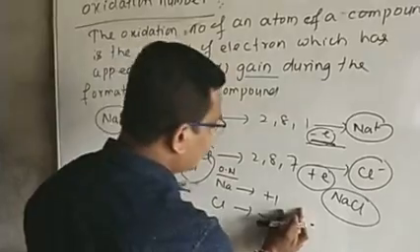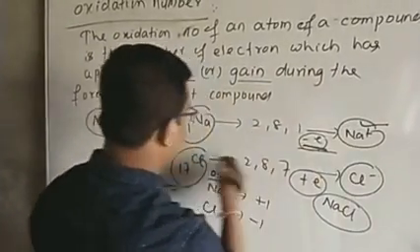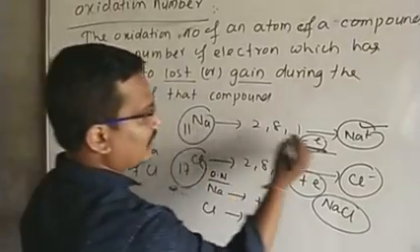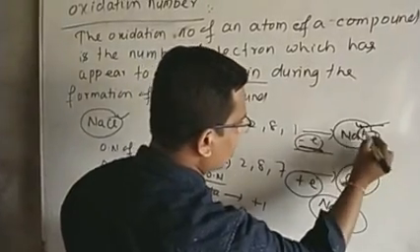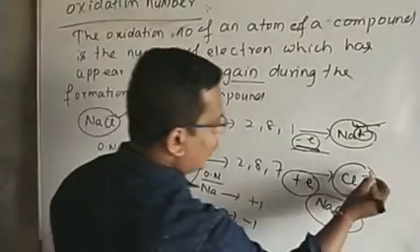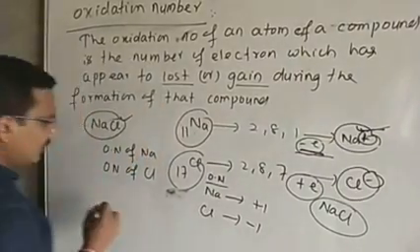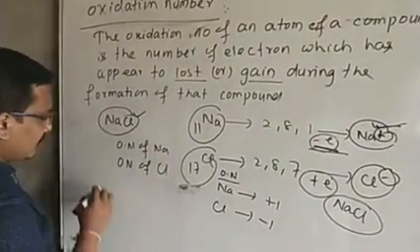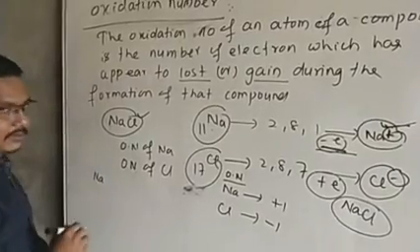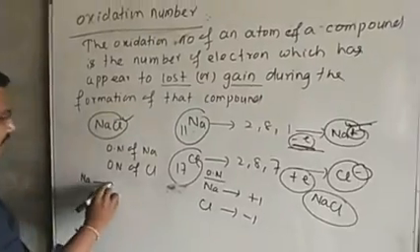If an atom loses an electron, obviously a plus charge arises. For example, sodium loses an electron, it gains a plus charge, and the chlorine atom gains one electron, it carries a negative charge. Simply, if you think about the valency, a question will arise: what is valency and what is the relation between valency and oxidation number?